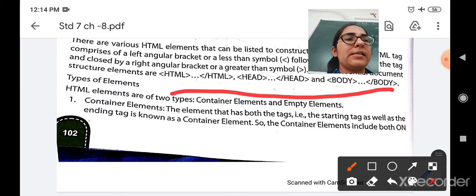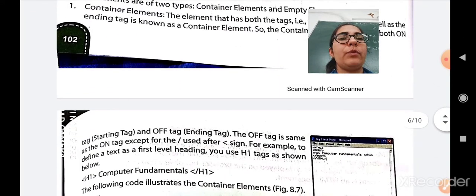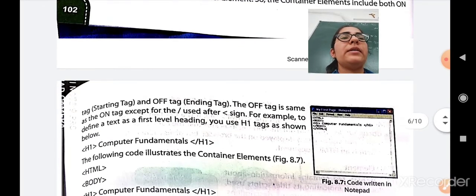Therefore, these tags are known as the container element. So, the container element includes both the on tag or the starting tag and the off tag or the ending tag.